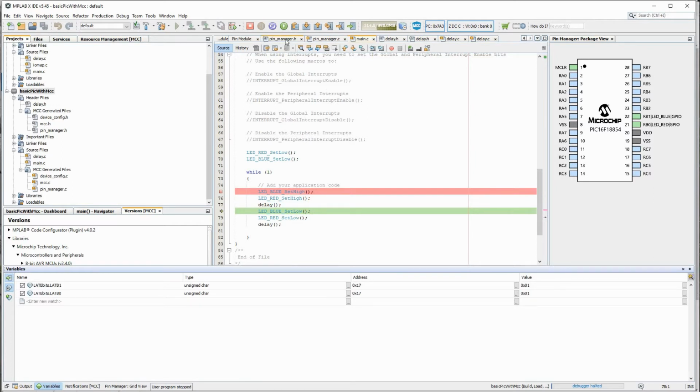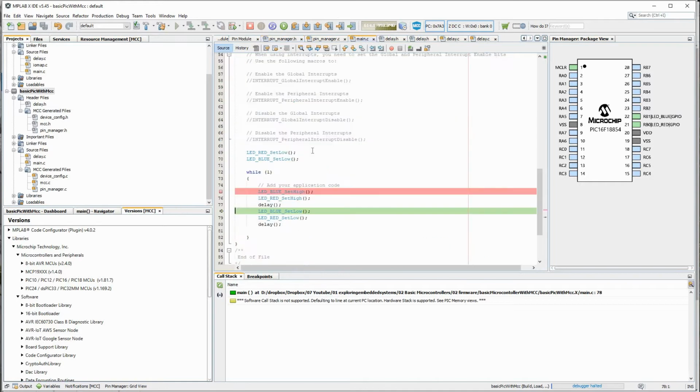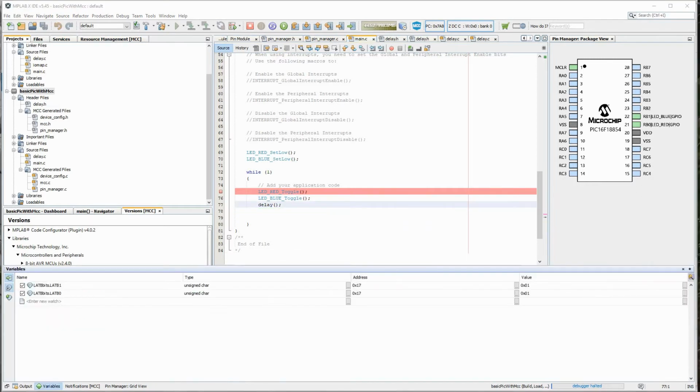So if you come to iopinmanager.h and toggle, red toggle and blue toggle. Red, here blue. So let's see what is this toggle command.